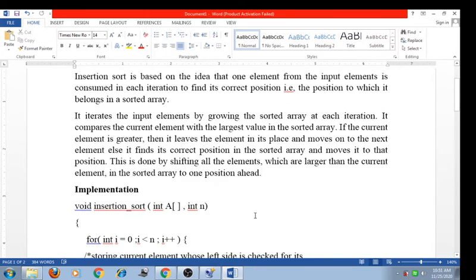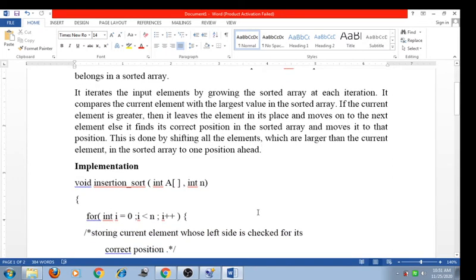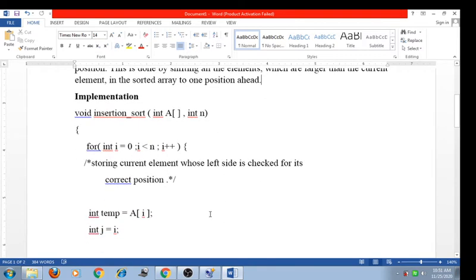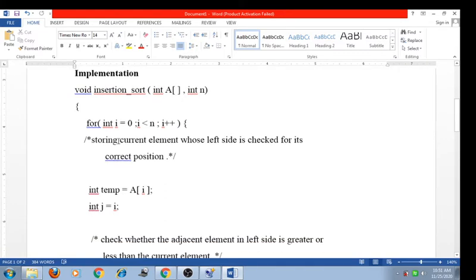So friend, we are going to show the implementation of the insertion sort. Here I take the function insertion sort. I pass the array and n elements. Here in the for loop, I initialize the temp variable to a of i.